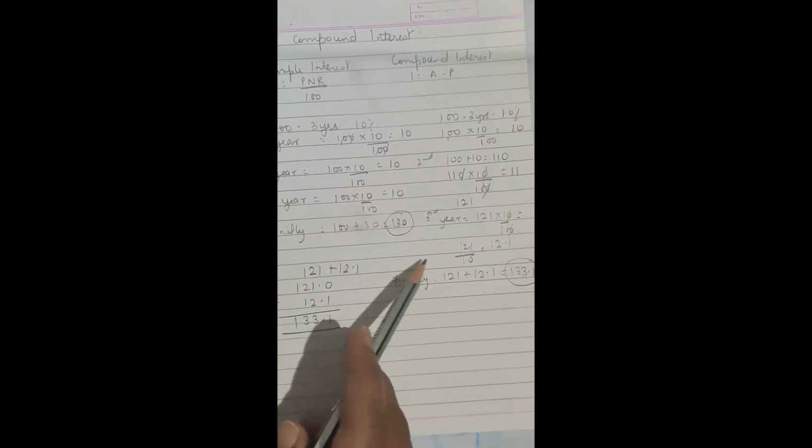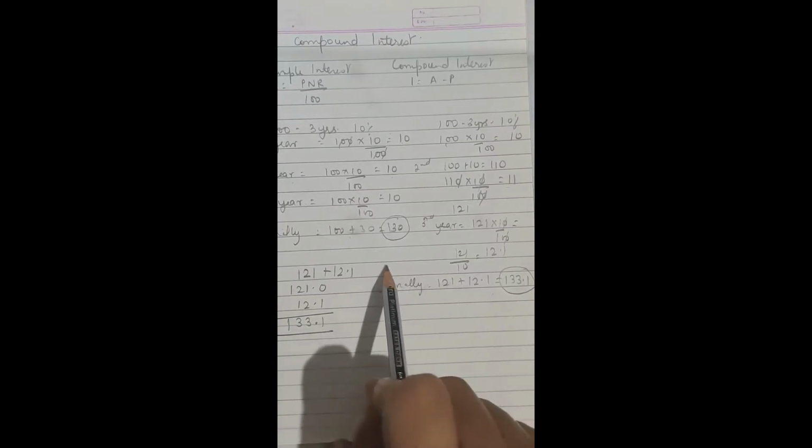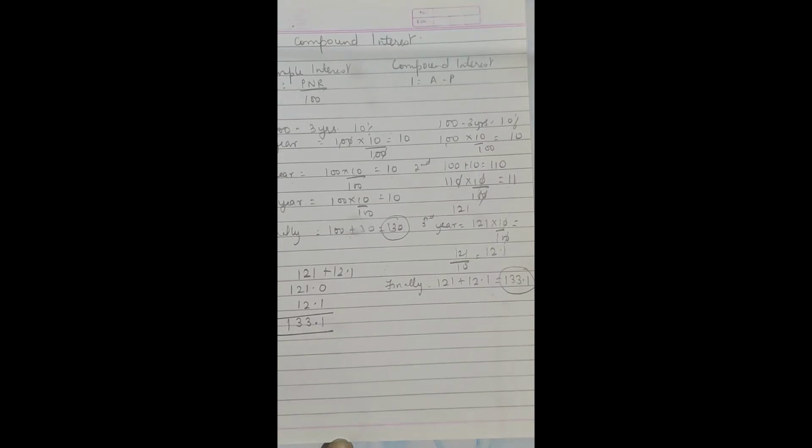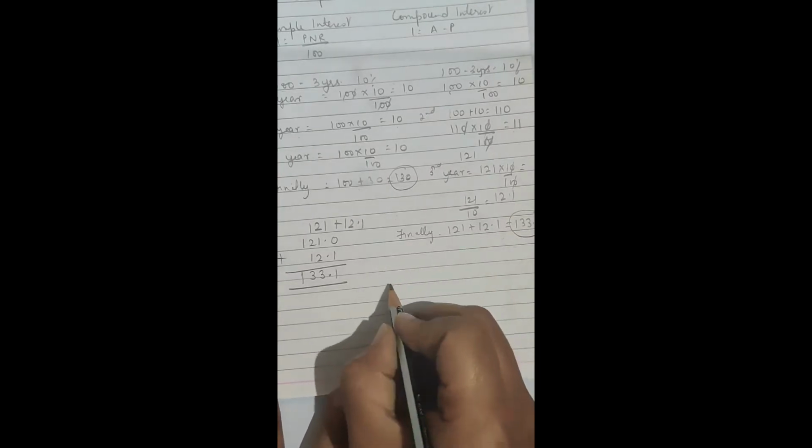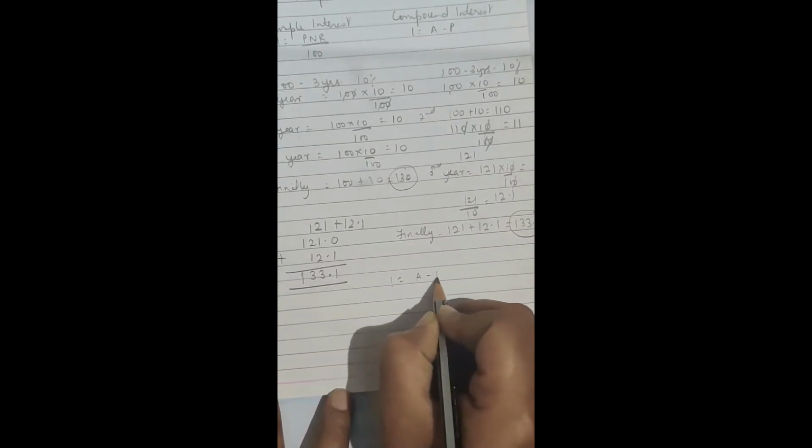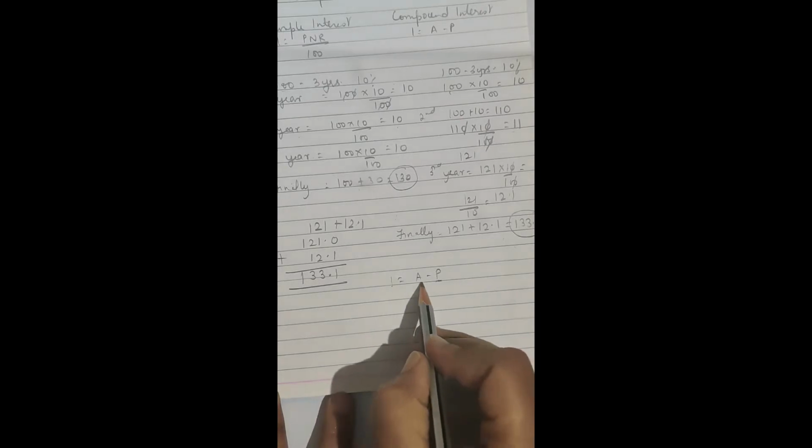I hope this has made clear the difference between simple interest and compound interest. Usually when we take a loan, they calculate compound interest and not simple interest. For these calculations now for compound interest, in the textbook they have given us a formula wherein I is equal to amount minus principal. Principal is the amount that is given in the question, or it is the amount that we invest. What is amount?